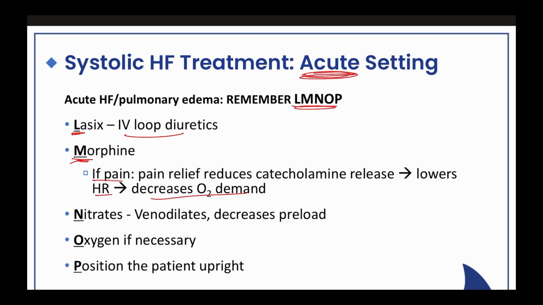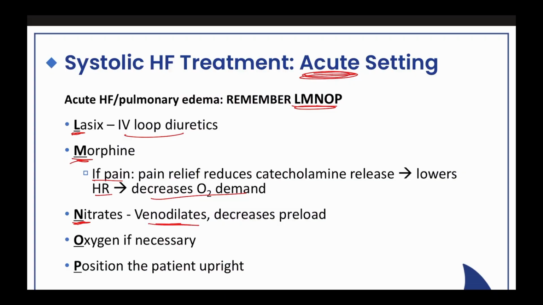So that's when we have heart failure, we get a surge of catecholamines. We want to give the pain, the morphine, which blunts the catecholamines, which makes the heart work easier. So morphine makes the heart work easier, so it doesn't get stressed out as much. Nitrates,